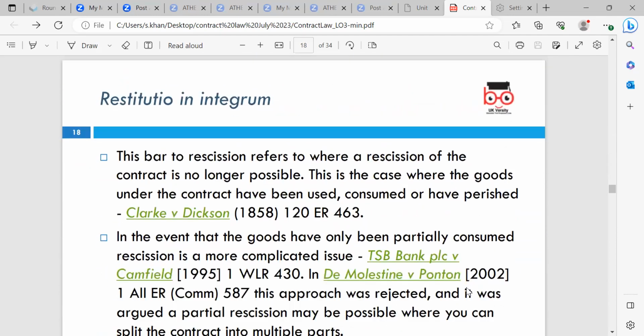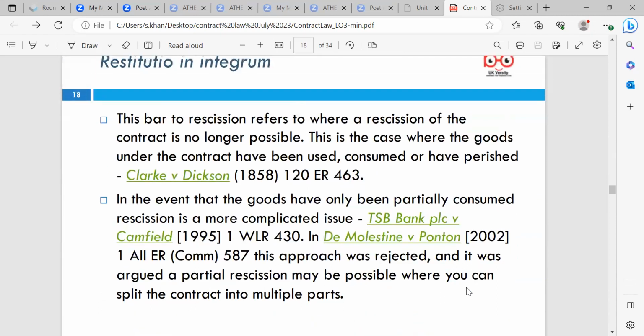Restitution in integrum. The bar to rescission refers to where a rescission of the contract is no longer possible. This is the case where the goods under the contract have been used, consumed, or have perished, as in the case of Clarke and Dickson, 1858. In the event that the goods have only been partially consumed, rescission is more complicated, as in the case of TSB Bank PLC against Camfield, 1995, and in the case of De Molestina against Ponton, 2002,